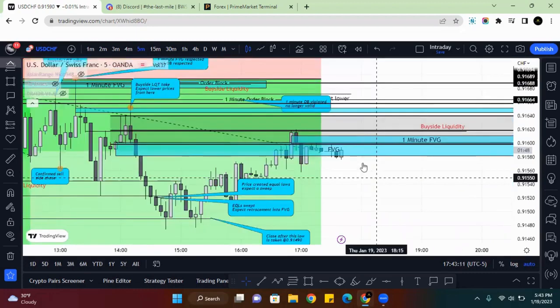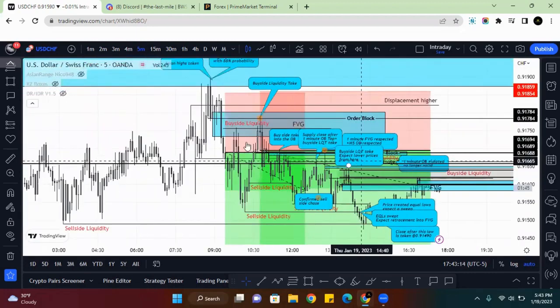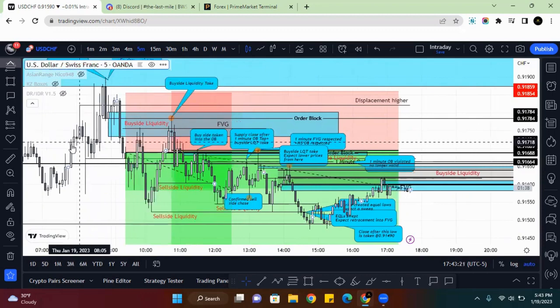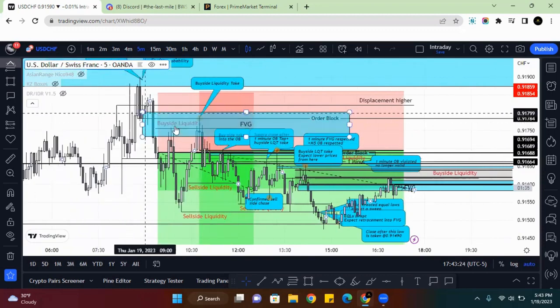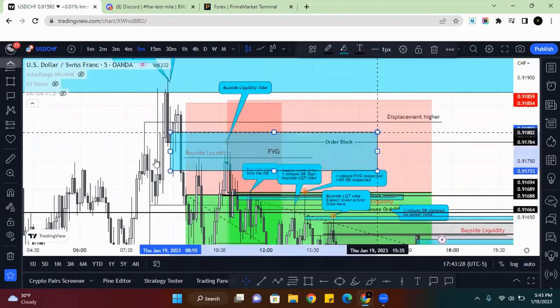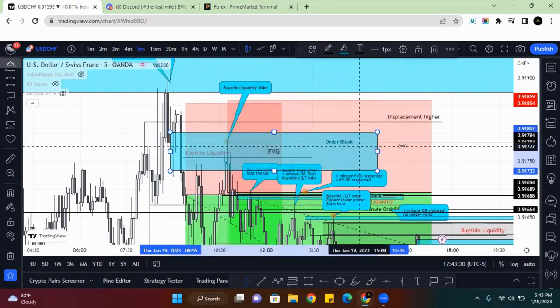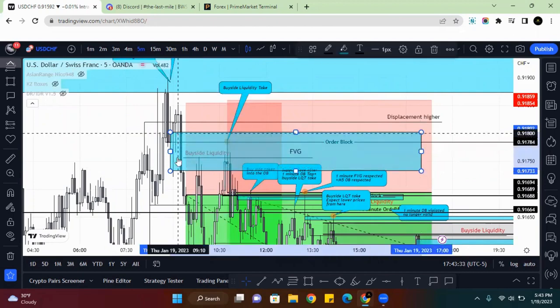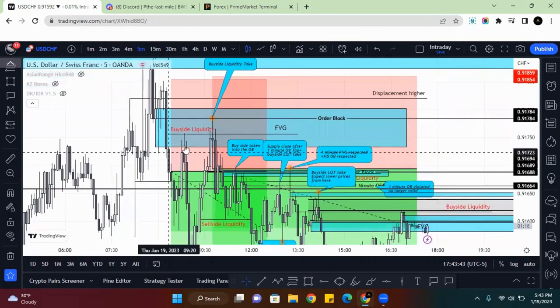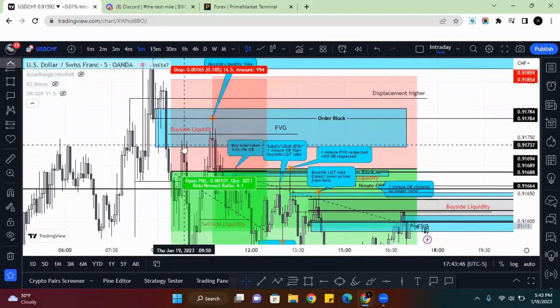Drop one in the chat box if you get that so far, the 1H part. You already get the daily perspective because I just explained why the draw on liquidity was what it was, right? So after I dropped down to the 5-minute, I actually saw, let me zoom in, this 5-minute fair value gap right here between this candle's close and this candle's open. This bearish candle's open, and then this bearish candle's close. There was a fair value gap created at the point of price coming up and filling that fair value gap, right?